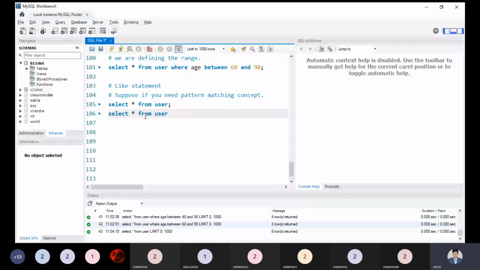As I'm saying once again, the in operator basically allows you to determine if a specified value matches any value in a set of values or returned by a subquery. When talking about the between operator, it is basically a logical operator that allows you to specify whether a value is in a range or not.